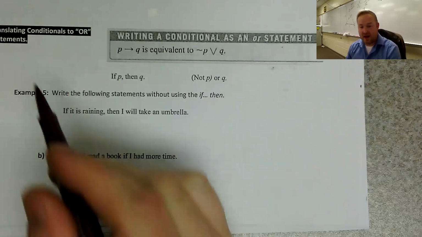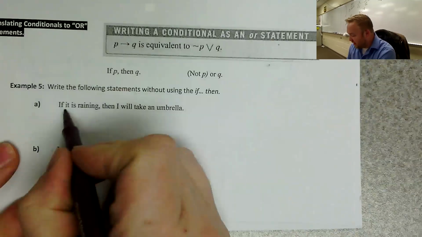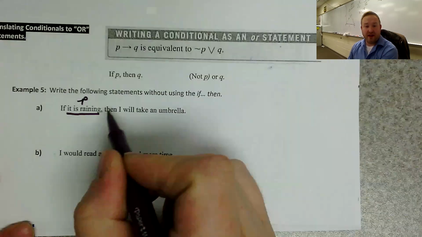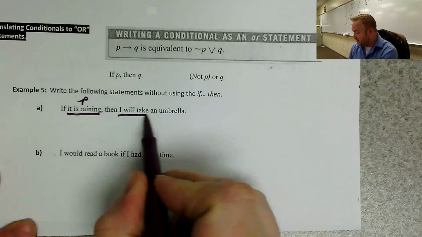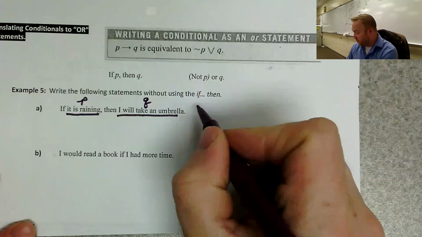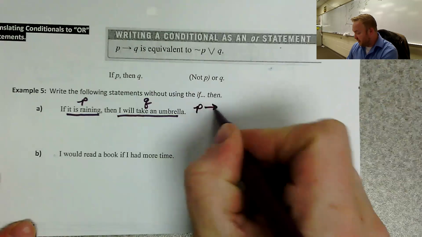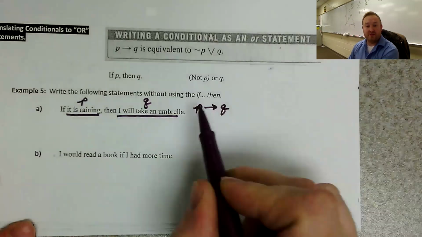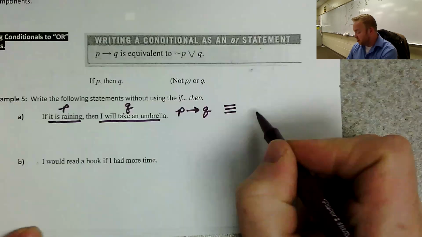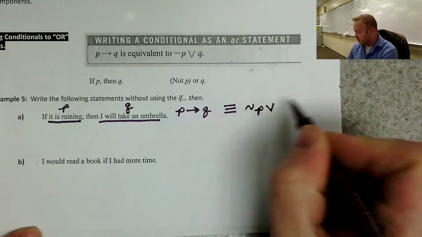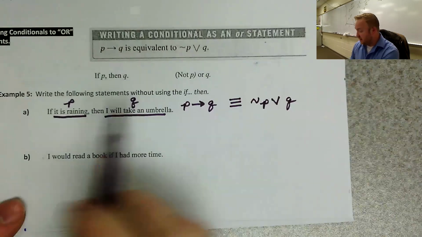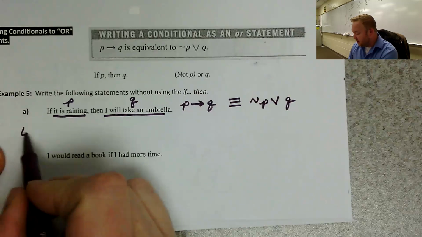So if it is raining, so it is raining is our antecedent, we'll call that P, then I will take an umbrella. So I take an umbrella is our consequent, so that's Q. So this is an if-then form. Right now it's written as P implies Q, or if P, then Q. And what we've learned here is that this will be equivalent to not P or Q. And so the way that we would say that statement is either